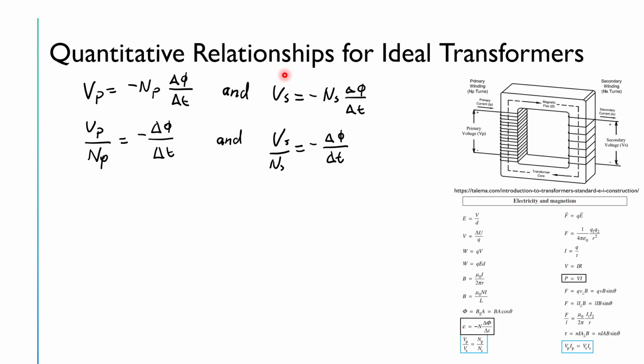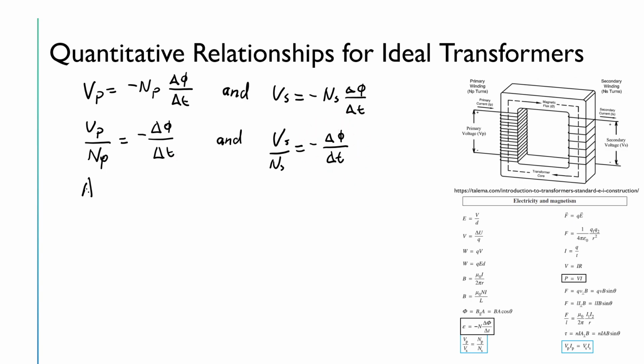Similarly, Vs here, the voltage or electromotive force which is induced into the secondary coil, is going to be equal to negative of the number of turns in the secondary coil multiplied by the change in flux over the change in time. Underneath, I've done a rewrite of both of those equations and moved the voltages, or the electromotive force, and the number of turns over onto the left-hand side, leaving us with two statements: